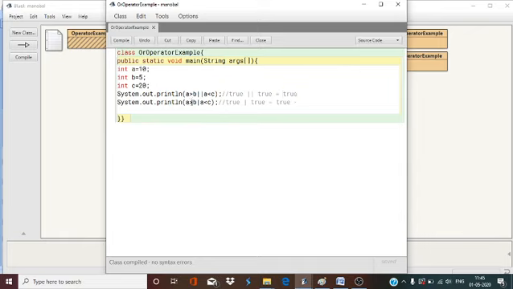a is greater than b, yes. a is less than c, yes. Now I am writing here a is greater than c. So true or false. True or false equals true. It means if one condition is true, the program will still execute. You have no syntax error.